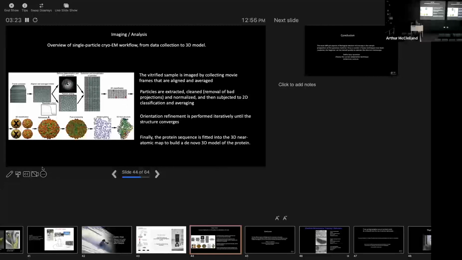And then through software, you're going to run through many iterations of those categorizations until you get a refined, nice high resolution image. All of this takes practice and patience, so that you don't over interpret or over iterate your images, and that you don't under process them. You're going to then fit that to a model and then get your final 3D structure. The concept is not difficult. It's in practice and it's time consuming. And of course, the protein that you're looking at may make it even harder because it won't freeze well.